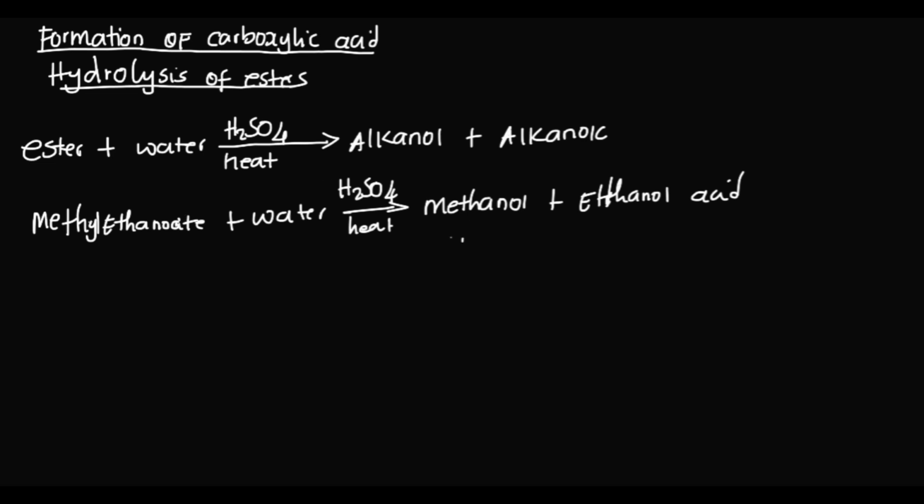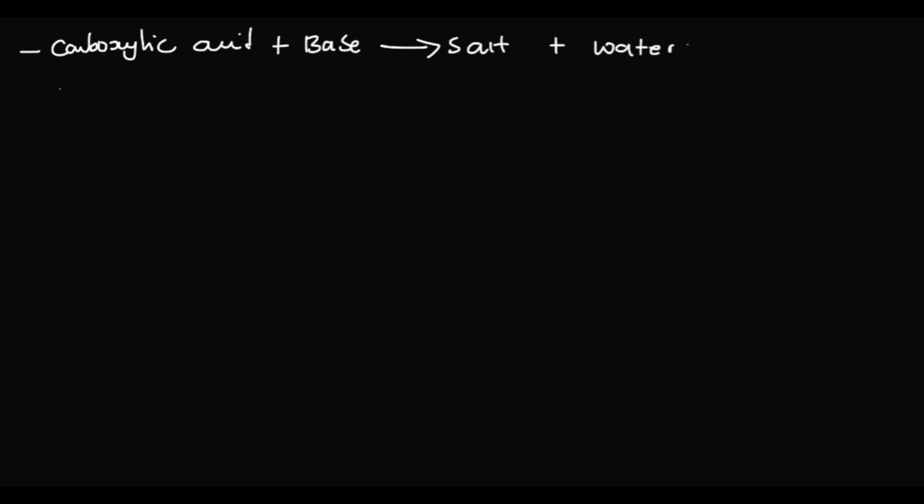Now, the other thing we can know about carboxylic acid are the chemical properties. The first chemical property: if you have a carboxylic acid plus you react it with a base, the products are salt plus water. Then the second one, if we react